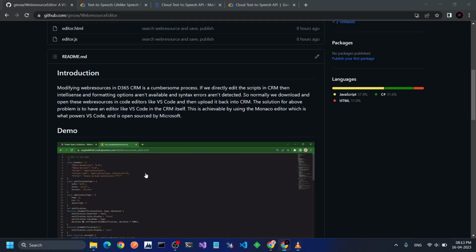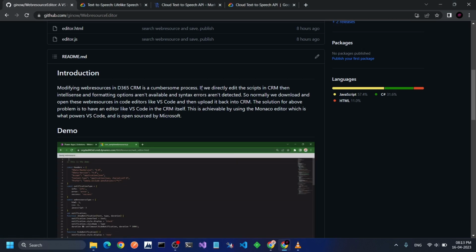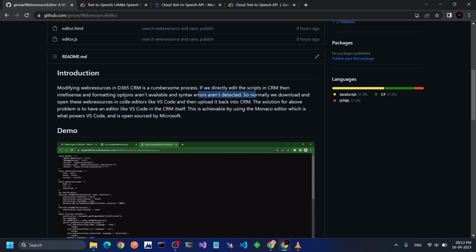Introduction. Modifying web resources in D365 CRM is a cumbersome process. If we directly edit the scripts in CRM, then IntelliSense and formatting options aren't available and syntax errors aren't detected. So normally we download and open these web resources in code editors like VS Code and then upload it back